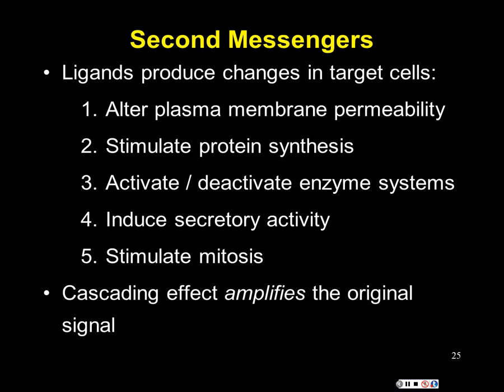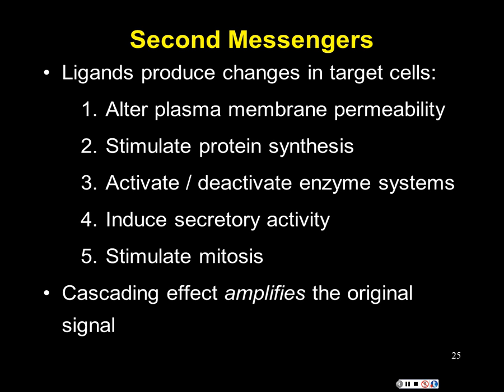One, it might alter plasma membrane permeability, in other words, change ions across the membrane. It sounds like what we saw earlier, just opening or closing an ion channel. The difference is going to be the magnitude. In a second messenger system, we may not just open one ion channel, we may open hundreds or thousands of ion channels. So it's the same type of effect, but on a grander scale. It might also promote protein synthesis like we saw as a result of lipophilic molecules, except the pathway to get there is different, and it's going to be a bigger result.